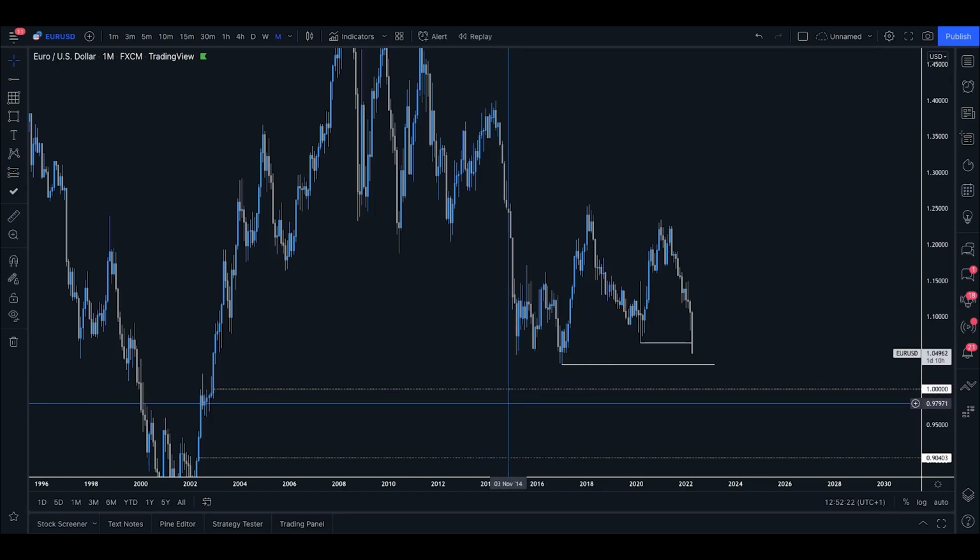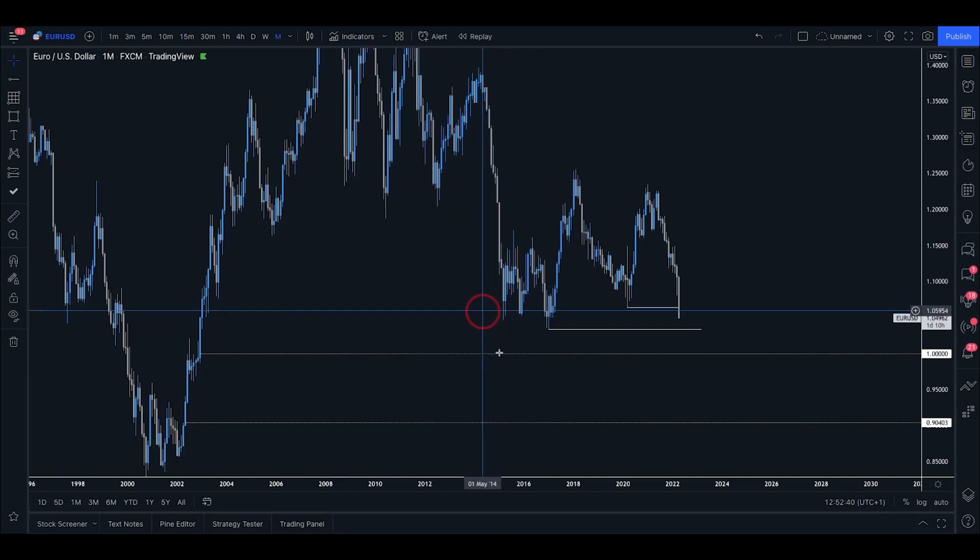Now, this would bring us into the 1 mark on the chart, which would essentially mean the euro and the dollar are worth the same amount. This seems crazy, I know, but this has happened before, back in the early 2000s. And with the state of the current global economy, the war, everything going on, crazy things can happen. So I would not write off the potential of the euro falling towards this $1 parity mark.